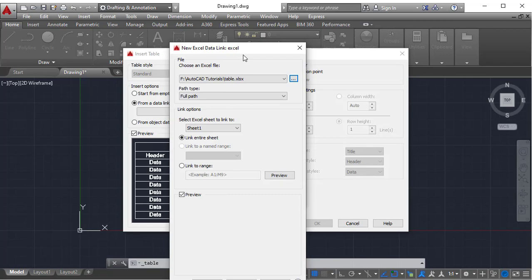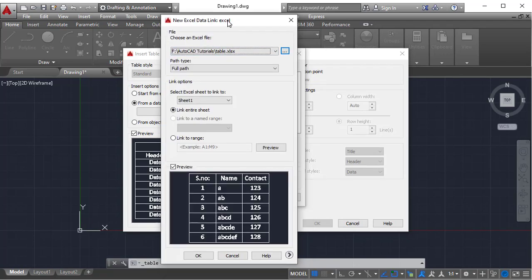It will take some time and it will create a sample table. See, here you can see the preview. Again, some options, make sure you go here. So I just created this Excel. What path you want, full path, no path, or anything. You can choose anything you want.